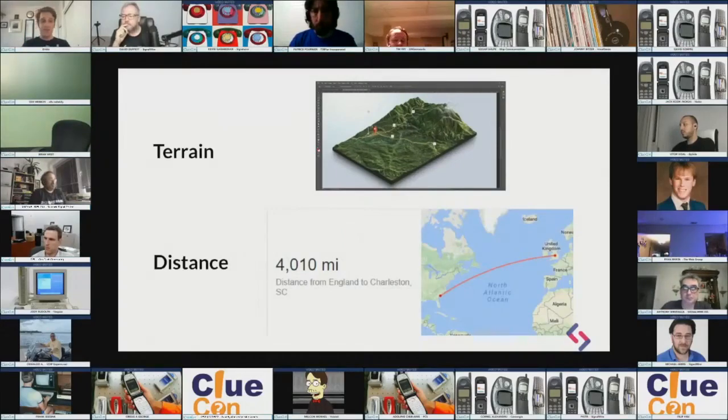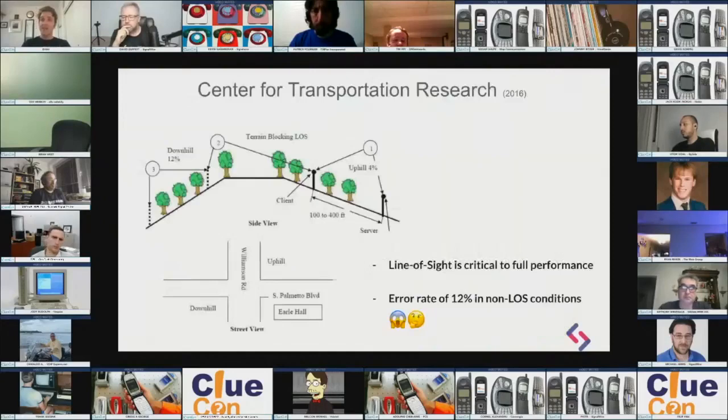So this is some research from the Center of Transportation from 2016 that I read a while back that was talking about doing fleet monitoring of trucks and that kind of stuff as they drive around. And the issue really was that they had a fairly good throughput rate and very low error rate as long as they had line of sight. But as soon as you started throwing in hills, uphills, downhills, particularly downhills and terrain blocking line of sight, you'd lose about 12% of all packets sent, right? It was a really horrible packet loss ratio and a really terrible experience,